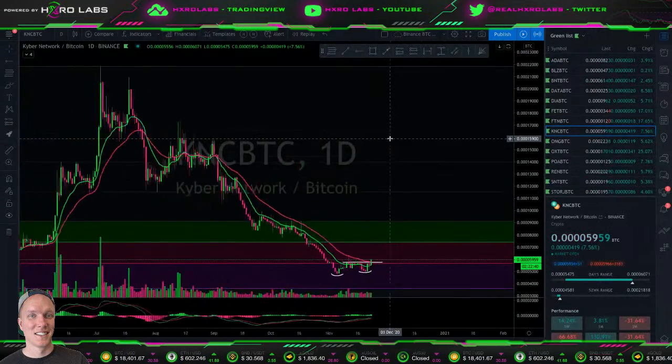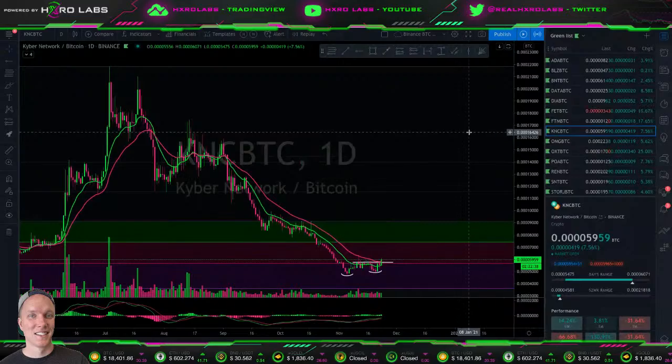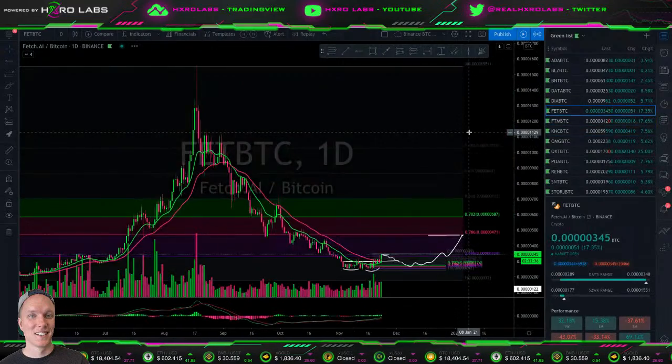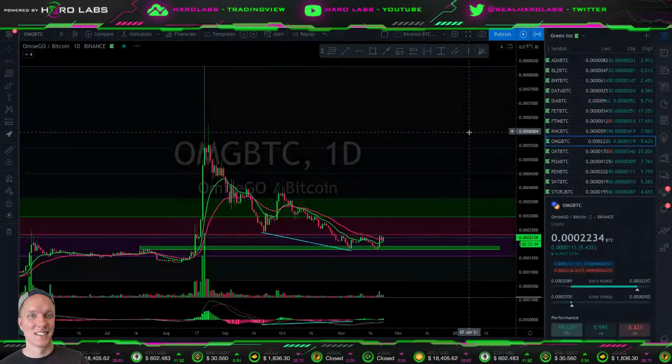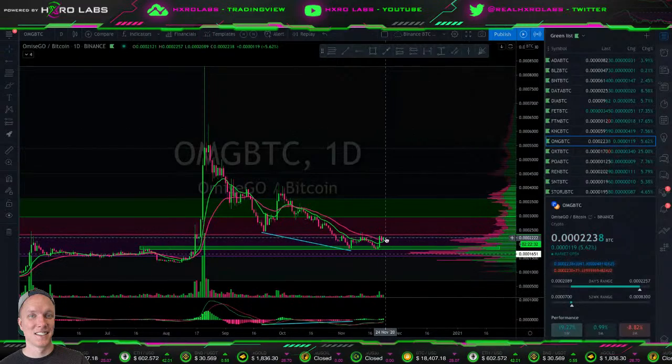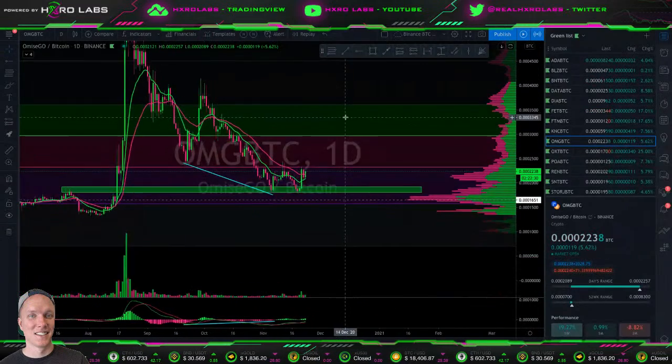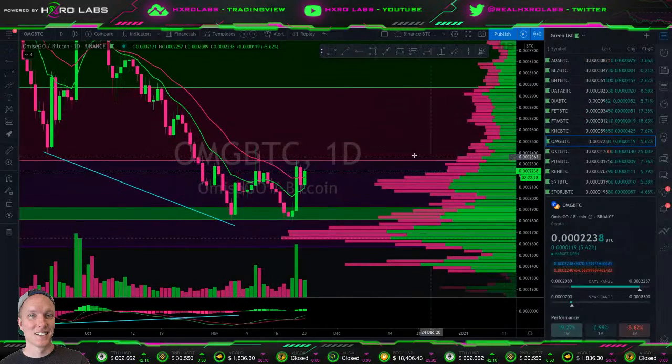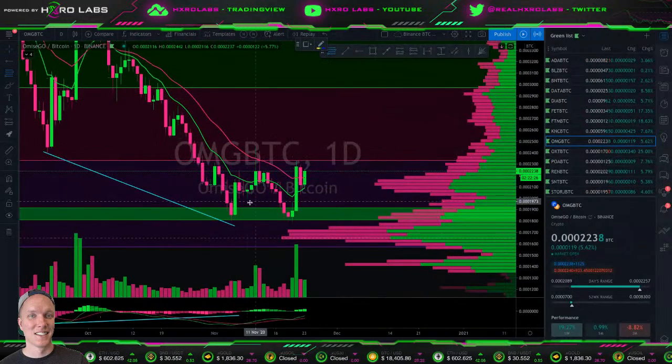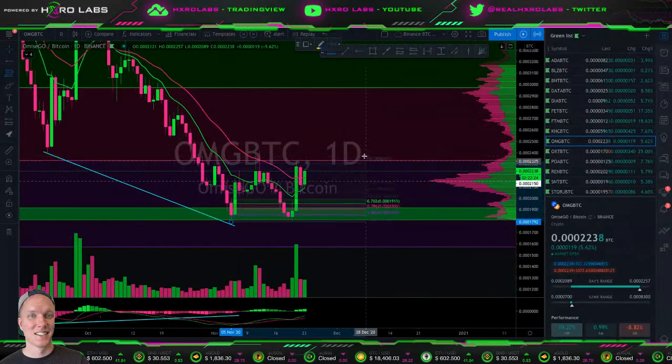I think a quick KNC, FTM, FET, these things are moving. MG looks like it's ready to move. In fact, look at this one. I'm glad I remembered to come check this one. This is one that's basically ready. Because look,